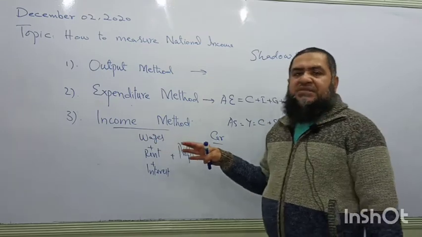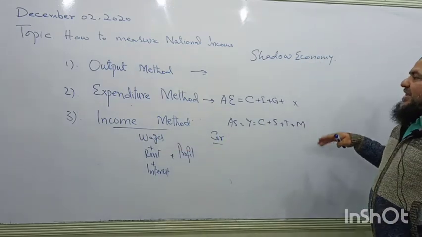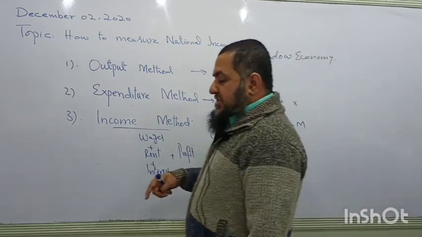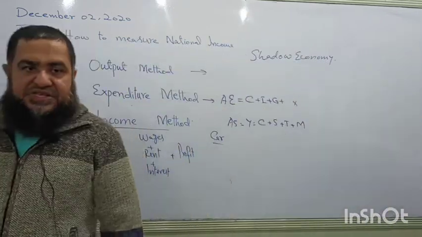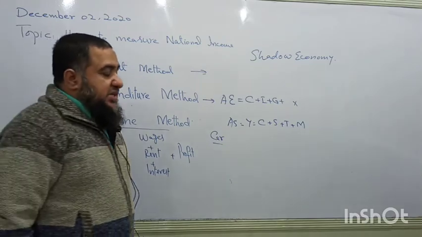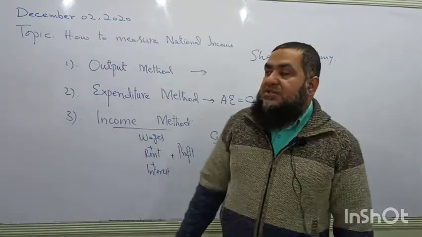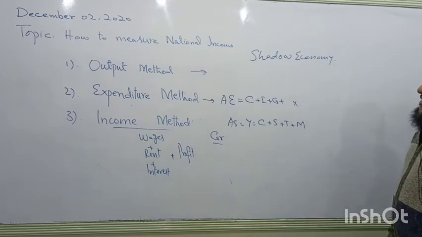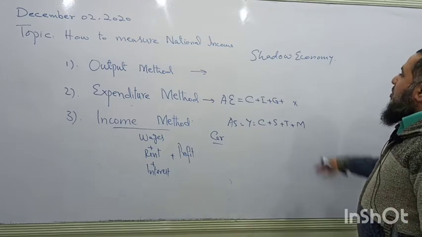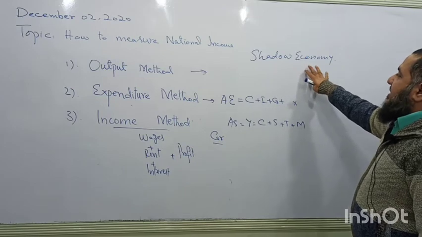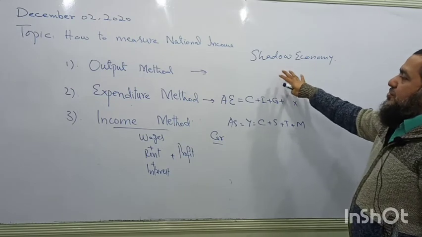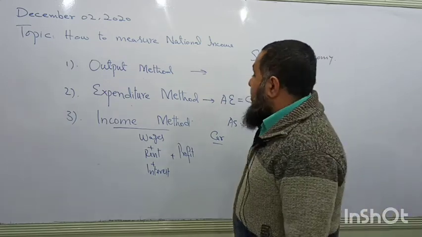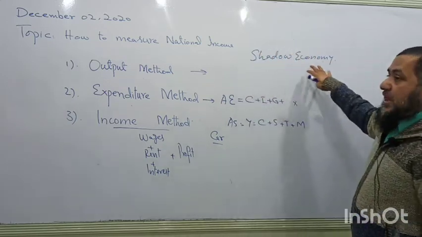Sometimes the economic activity itself is illegal. What is the illegal activity? It is a smuggling type of activity which is illegal, and that cannot be declared because there can be different types of penalization according to the country law. So that economic activity does not appear in the national measurement of income. Okay. So the shadow economy is also present.